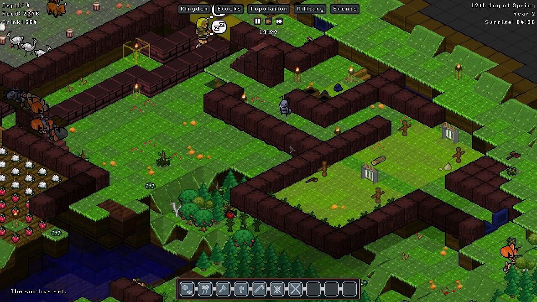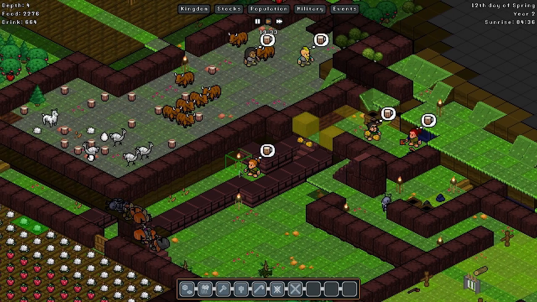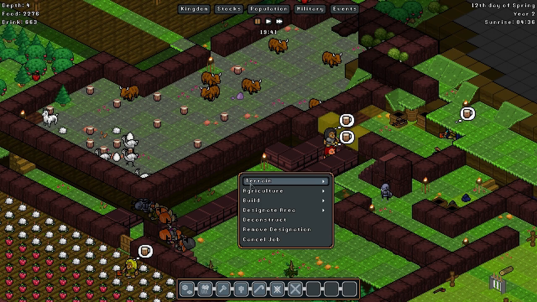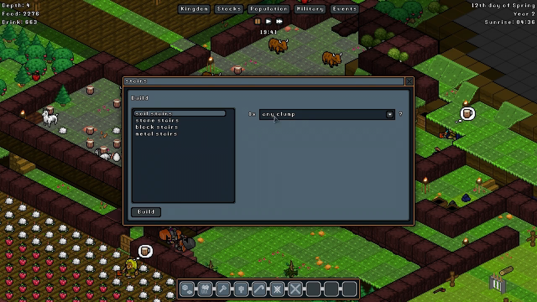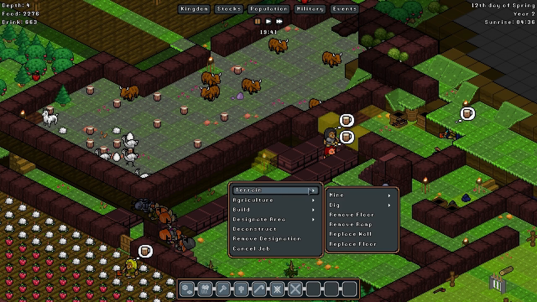I would like to see if Mants and any of the other enemies would fight each other. I would hopefully hope for that to happen, but things don't always work out the way we want them to. So let's go ahead, go to build, and we're going to go to terrain, stairs up. We're going to get just some dirt stairs, place them there, and then we're going to go ahead and get